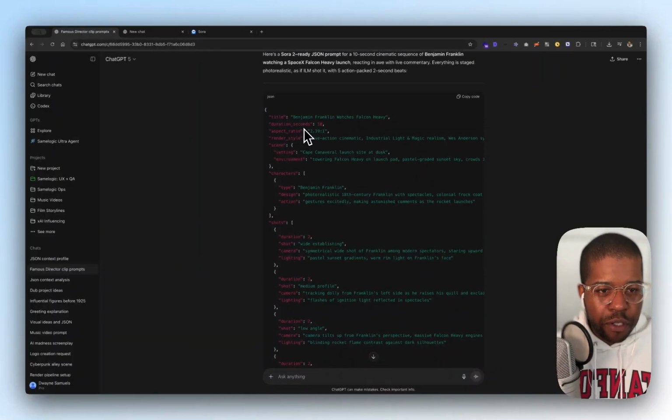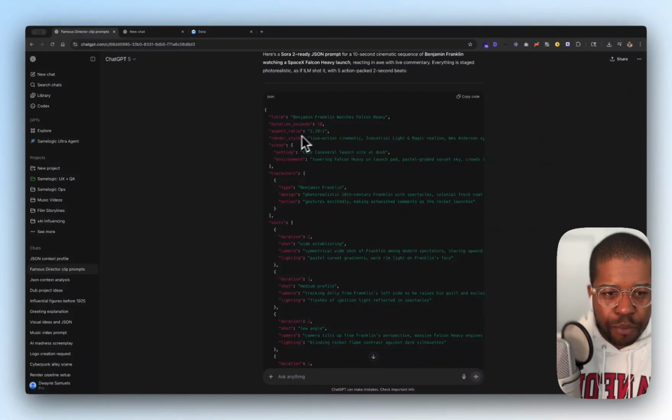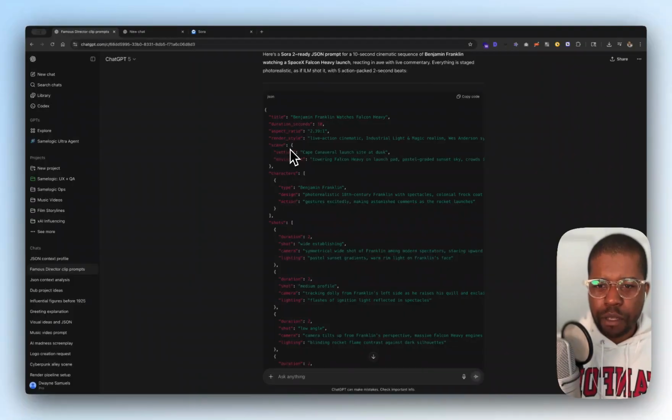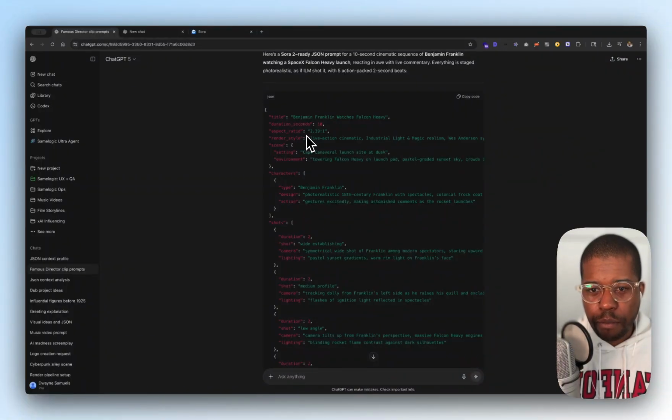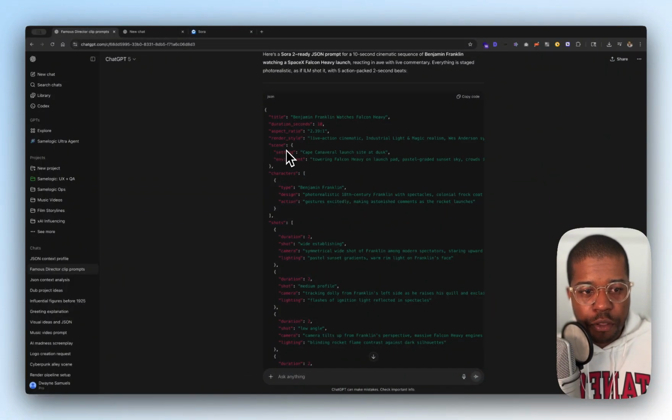So after setting the title and also the frame, the duration of the film, Sora only gives you 10 seconds, and also the aspect ratio, which I had set to portrait. This aspect ratio won't really control much because that's set by default, either landscape or portrait in Sora. You then set the scene, right?